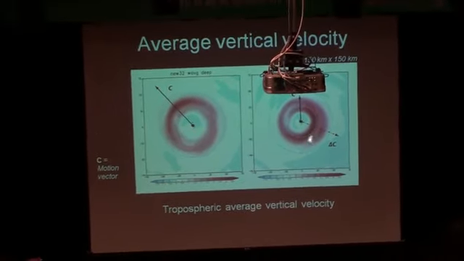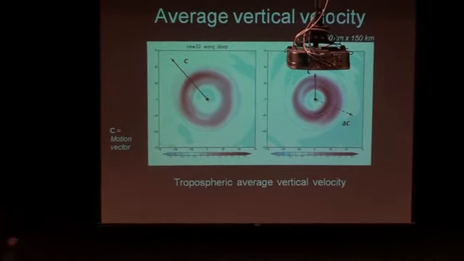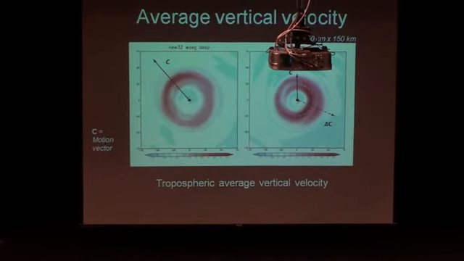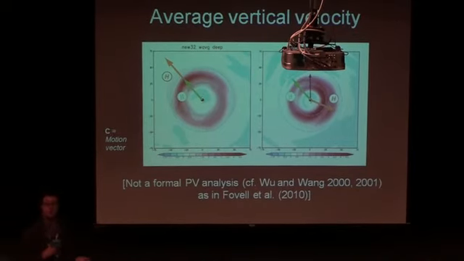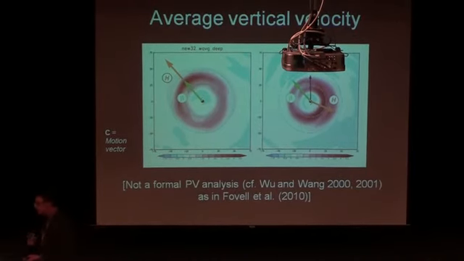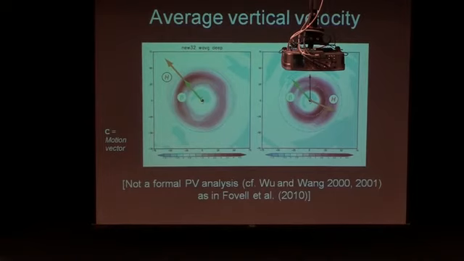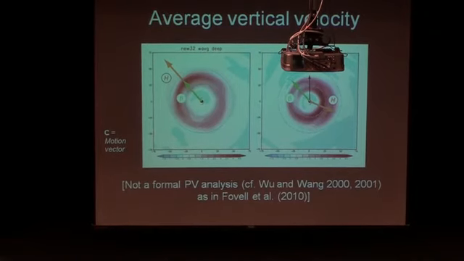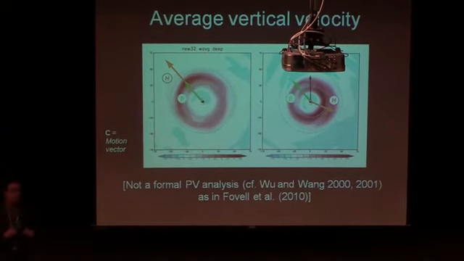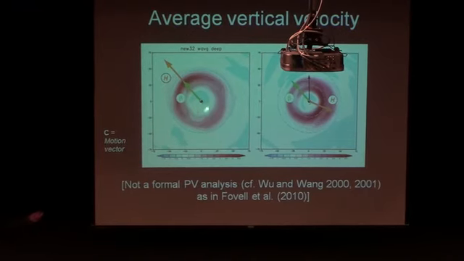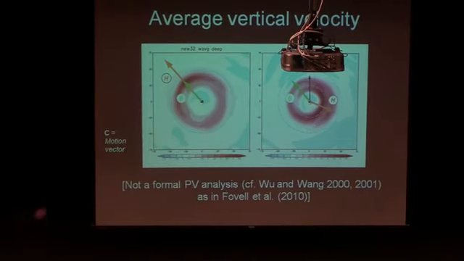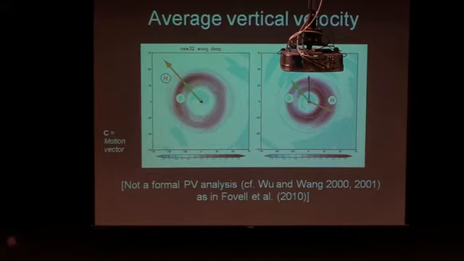This delta C is the difference in storm motion between the two cases, and I knew I wouldn't have time to go through it in detail here, but basically we've been doing a PV budget very similar to what Wu and Wang did in 2000 and 2001, and basically my argument is in the case of case A, the beta drift wants the storm to move to the northwest, and the heating also